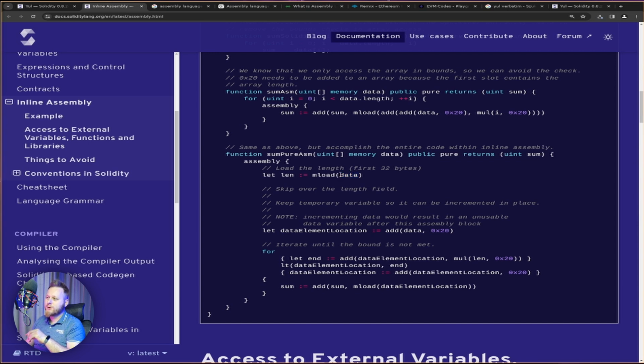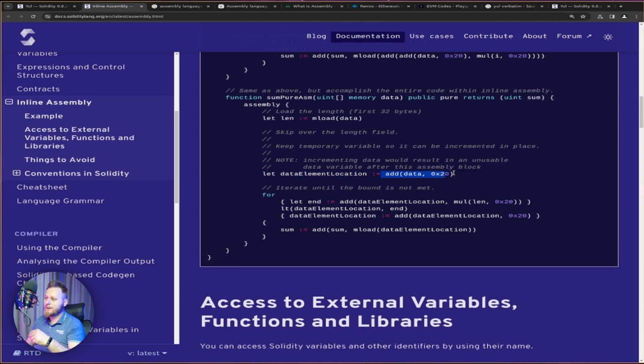So if we are loading data, we are first getting the length of the array, then we are adding 20 in hex. So this is actually 32 because we have 32 bytes. So the data element location will be updated each time, but it denotes the current offset of the element that we